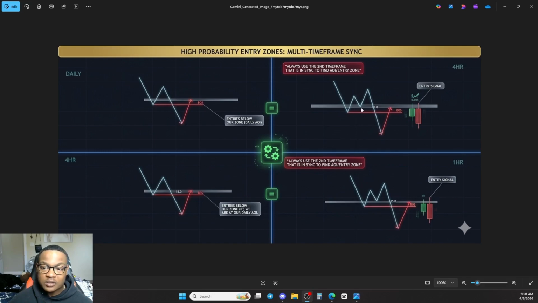This is when we mark this off as our last structure break, and we mark this off as our area of interest, or in other words, our entry zone. And I will be then looking for price to pull back here on the 4-hour time frame. Once price pulls back here on the 4-hour time frame and starts to form that rejection, this is automatically going